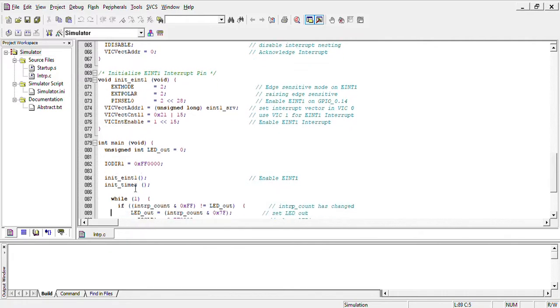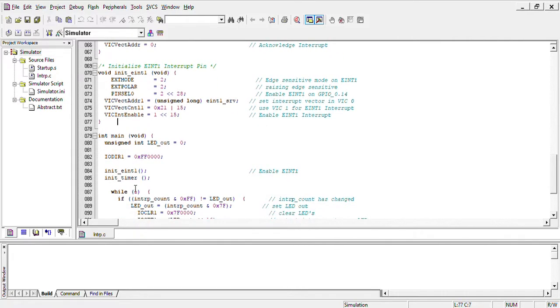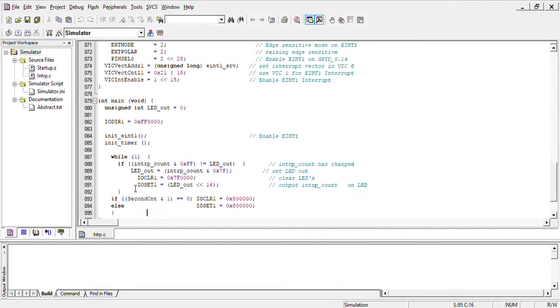It is the main loop. First of all, we have defined the LED output equal to 1. Then we have set the LED pins as output. Then we have called the function initialize external interrupt 1. Similarly, we have enabled the initialize timer. Then into an infinite loop,